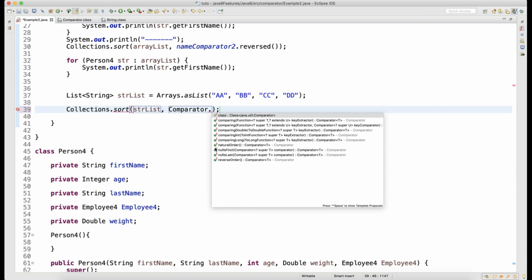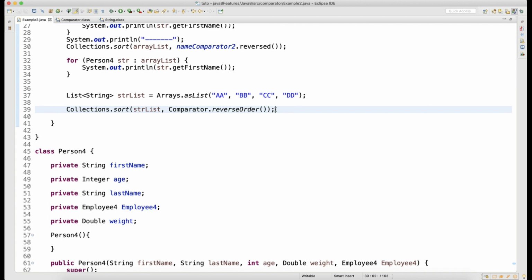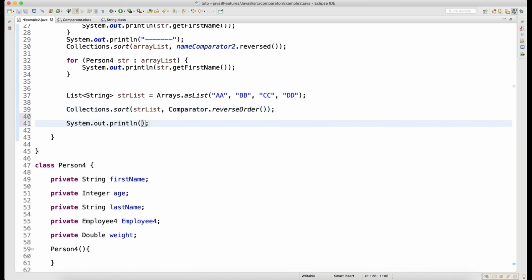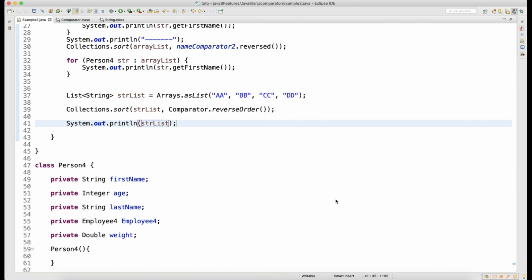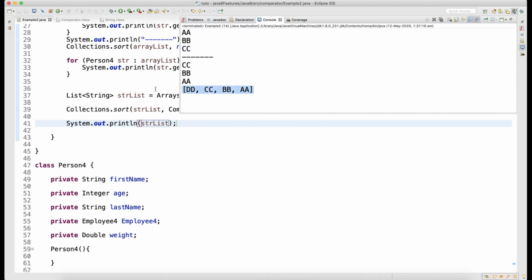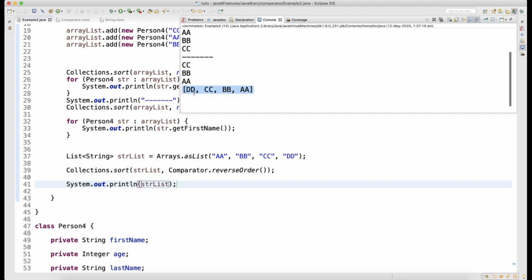dot, you can call the method called reverseOrder. So basically, when you print the same list of strings, your output will come in reverse order. The entire list output is going to be reversed. See here, this is the output DDCCBBAA, because you know that a list maintains insertion order. But when you call reverseOrder and sort it, the output becomes DDCCBBAA, which means your entire list is getting reversed. This is the second method.